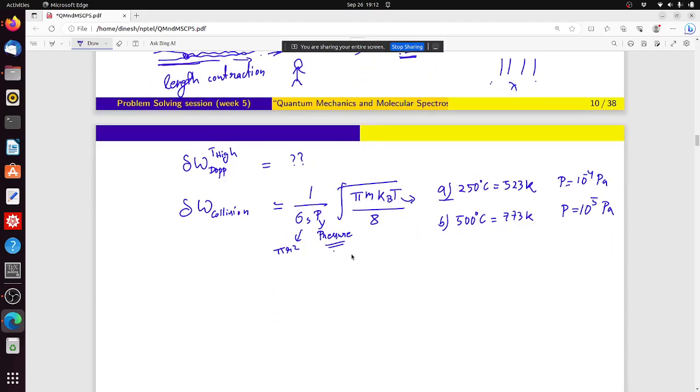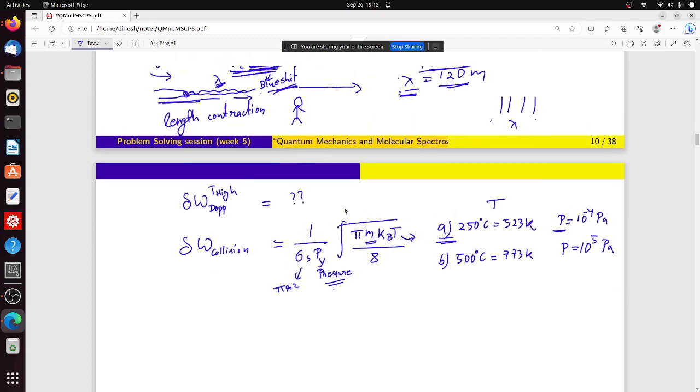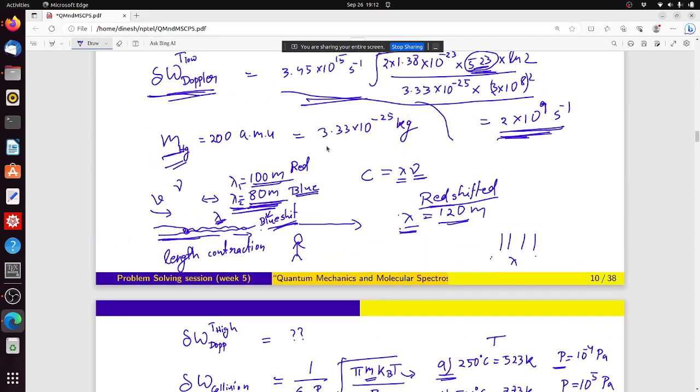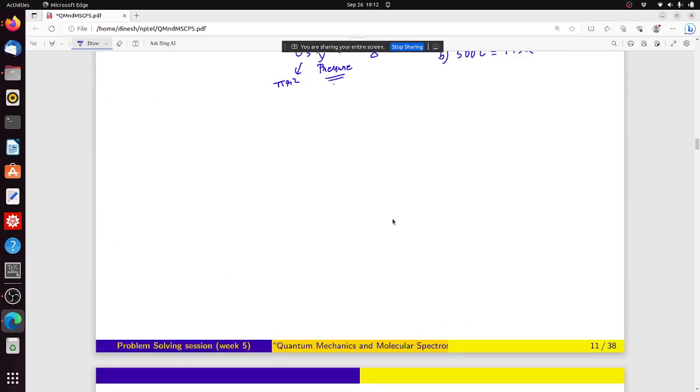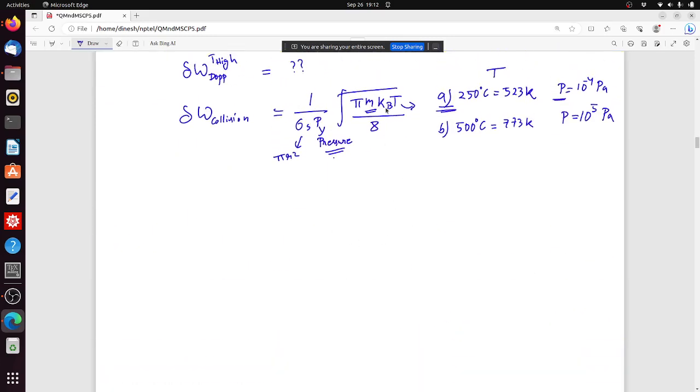So for each case, temperature you have, pressure you have, and the mass of the mercury atom we have already calculated here. Now what remains? This Kb, the Boltzmann constant, is 1.38 times 10 to the power minus 23. So if you put all the values,